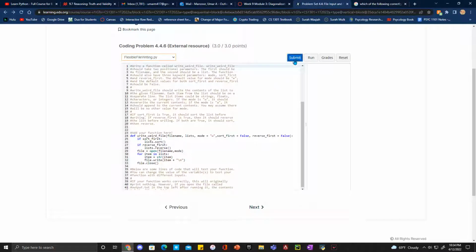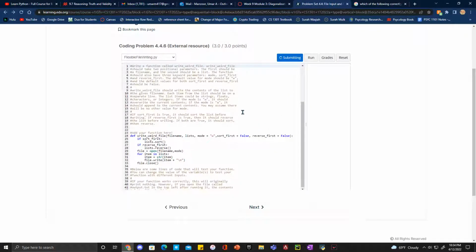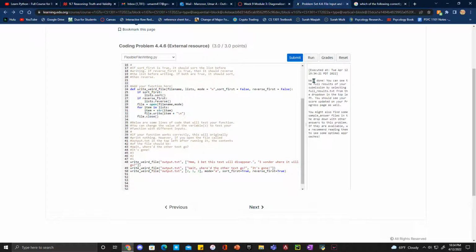We need to pass every example case that the function gives us in order for this to be correct. So let's try that. Okay, waiting for submission report. Well done. Okay, so we did